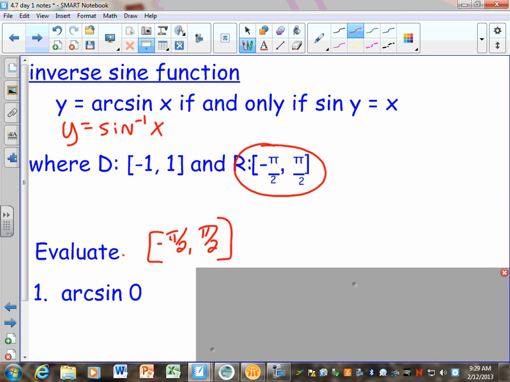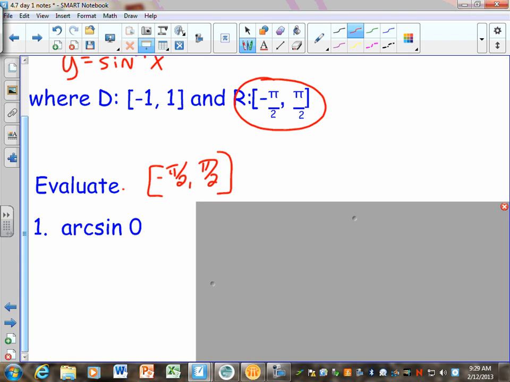And I'm going to show you some brain work, and you're welcome to rewrite this every time if you want, but eventually maybe you won't have to because you'll just know what it's saying. But when it says evaluate arc sine of 0, it's giving you the value, and they want to know what angle equals that. So another way to say this is sine of